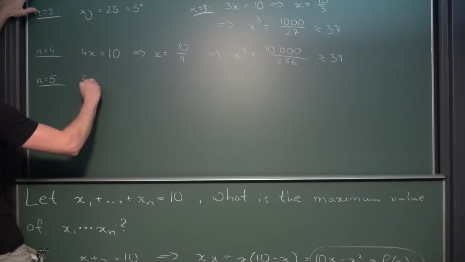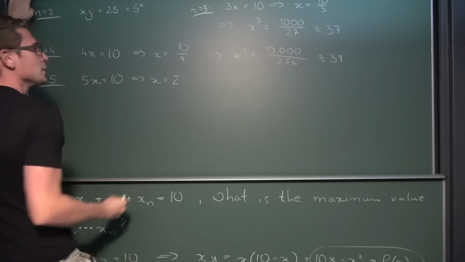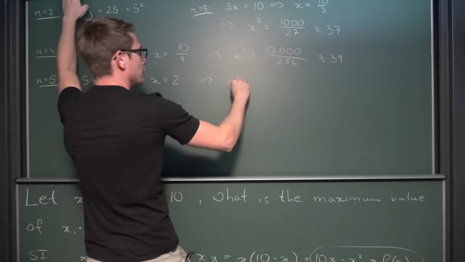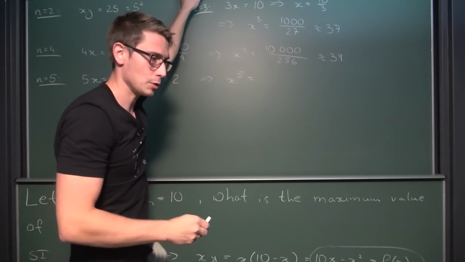Now what about n being equal to 5, for example? Now we are going to get 5x is equal to 10, meaning x is overall equal to 2, meaning x to the 5th power is going to be 2 to the 5th power, which is going to be